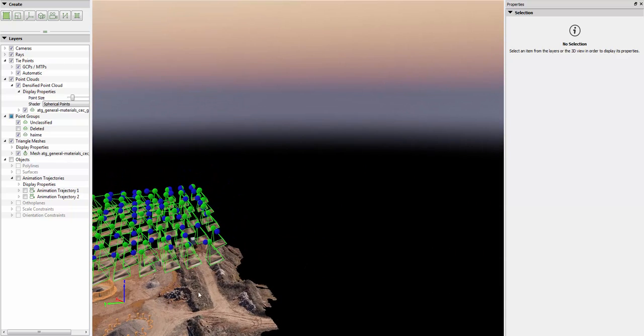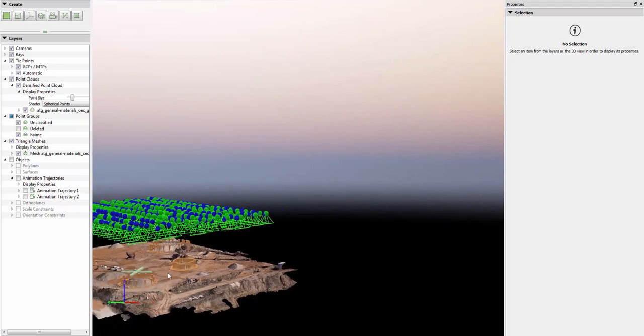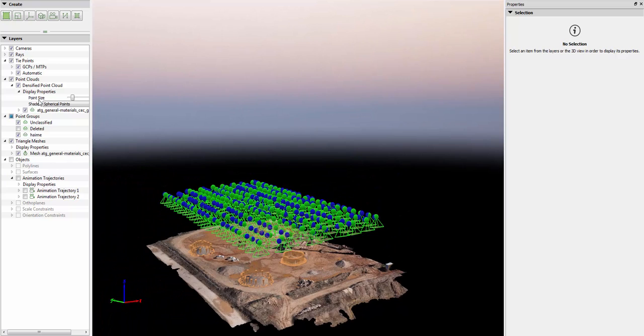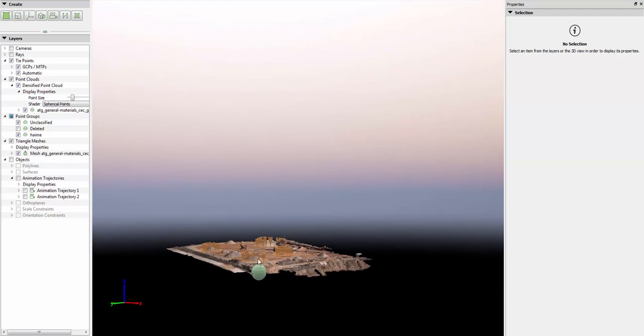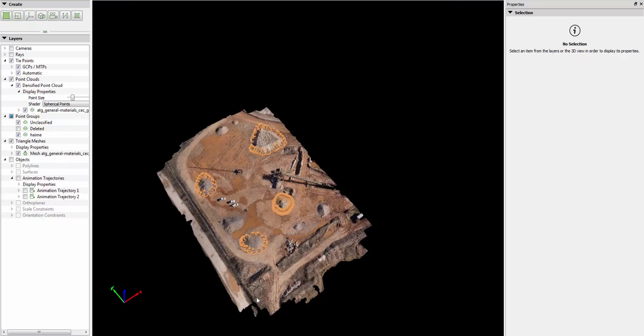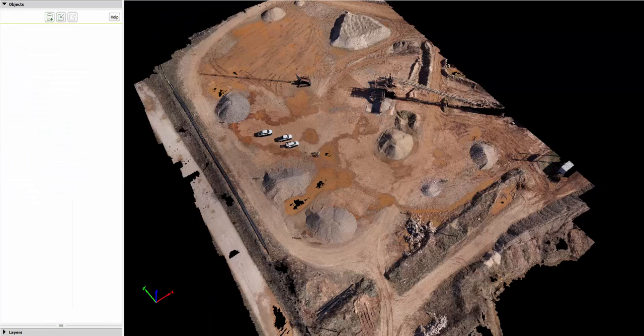Now we've got the triangle mesh on. We can look at it from many different views, and I will turn off the cameras and the rays, and we will go into the volumes. Volumes is the next one down. It's real simple. Now you're looking at it, and with the volumes, you notice that the mesh is off,